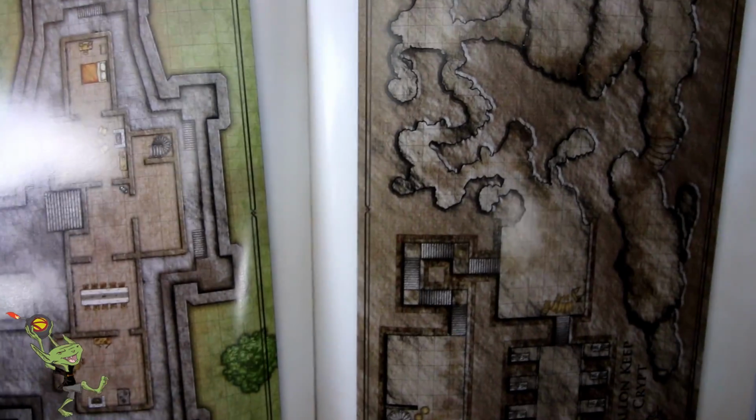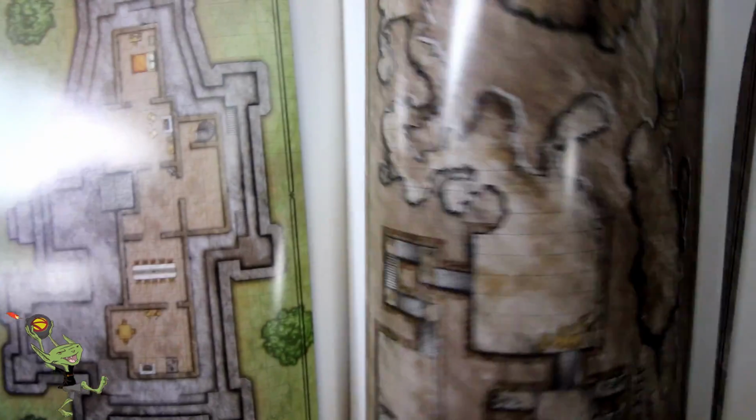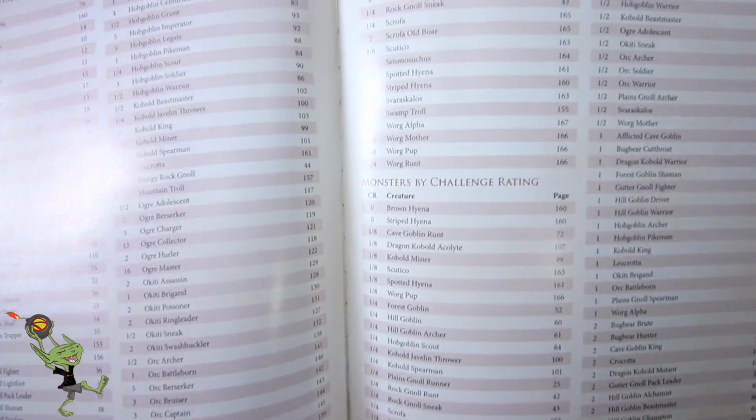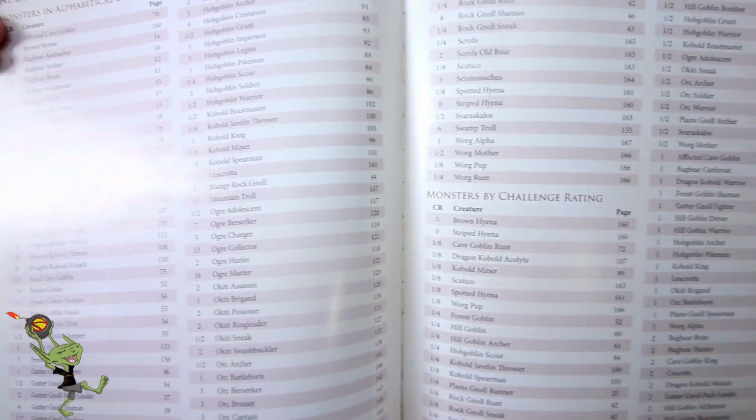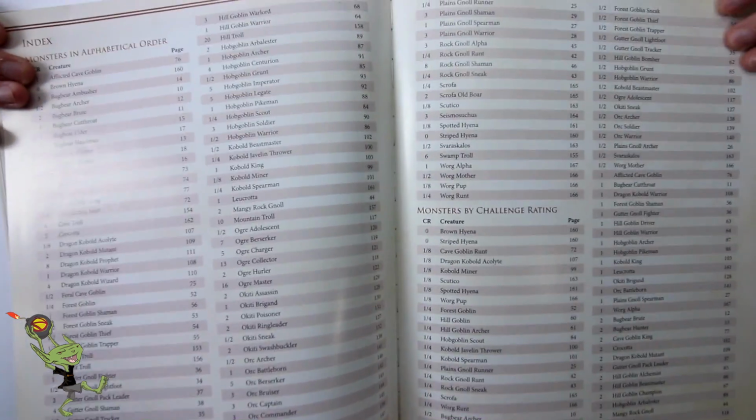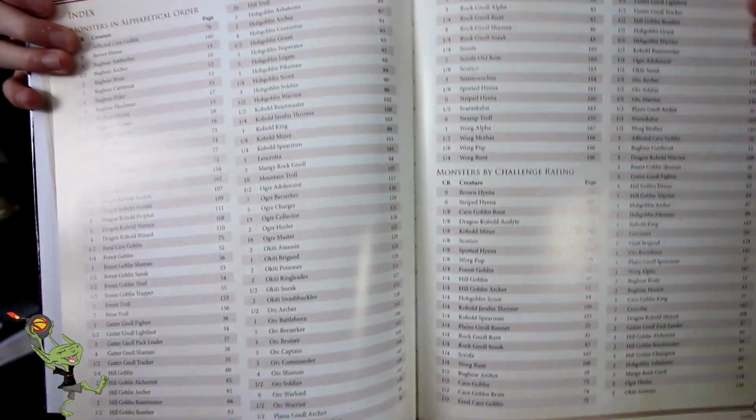And now there's a ton of maps in here. So you're going to be able to drop these maps. I might even steal some of these for tonight. Right in your game, and they're ready to go. These are like different layers and stuff for the monsters, for the horde. And with that, that brings us to the end of the book. So you got alphabetical order, and do we have any other monsters by challenge rating? Okay. So with that,